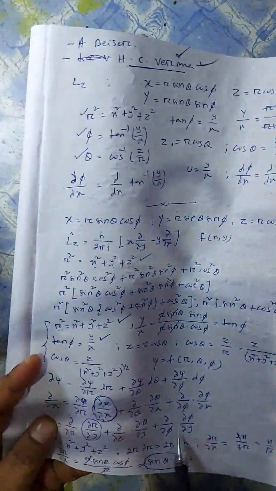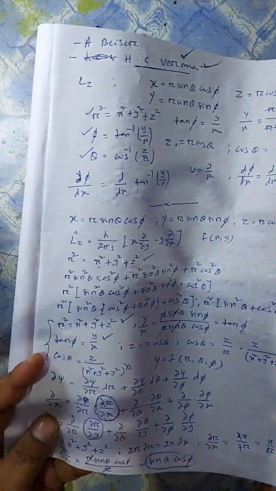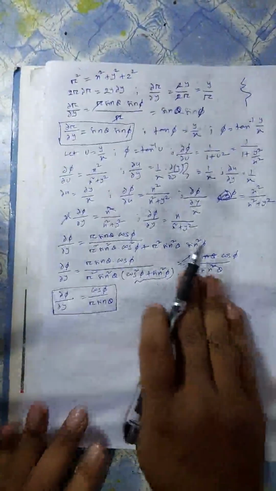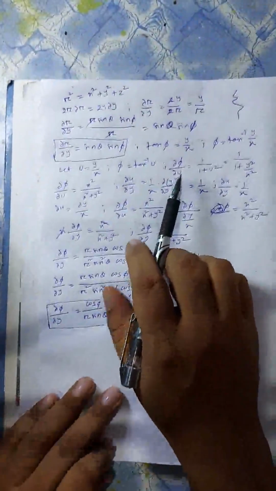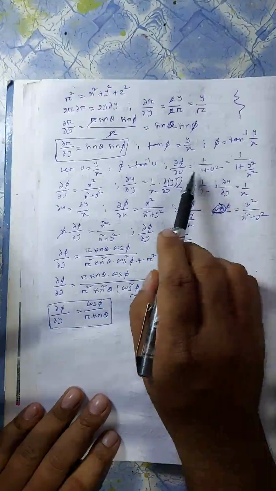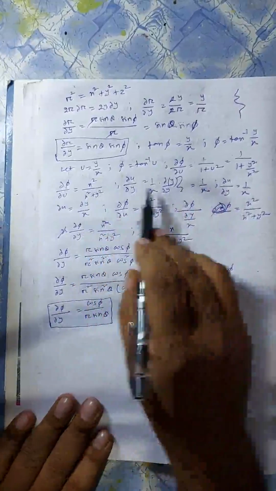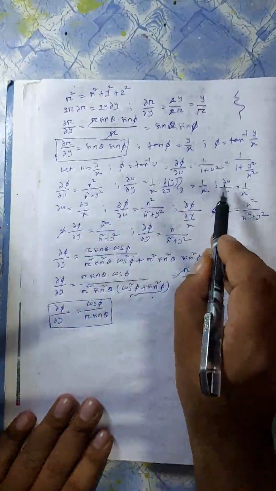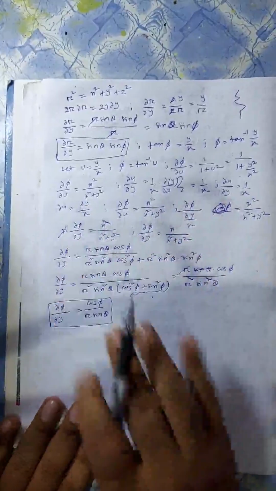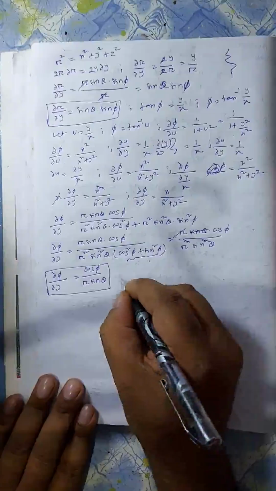∂φ/∂y we get. So ∂φ/∂x we need. ∂φ/∂x. From this point you can take the same process, you will go, this will come and this will come. ∂φ